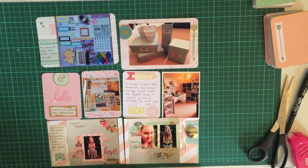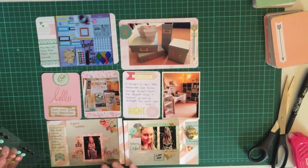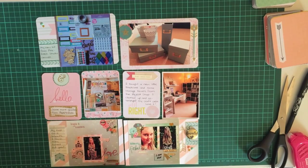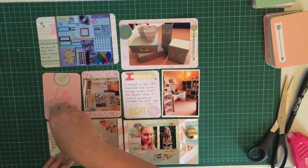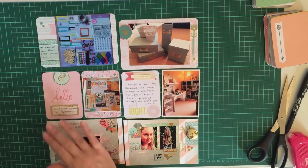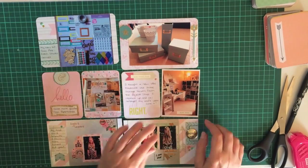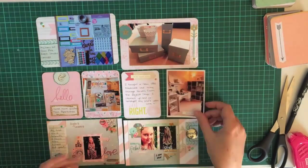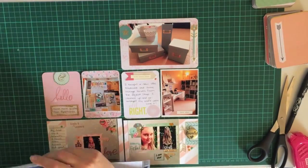I love these colours especially. They really go with this layout. A lot of my stuff tends to be that mint and pink and gold, so I think I got those enamel dots from Paper Trends, and they are pink and mint and gold, so I think I'll need to get some more of those because they're really nice. I'll have to try and find out what brand they are because I normally just take things out of the packaging and then just throw it away. But I do take photos of everything, so